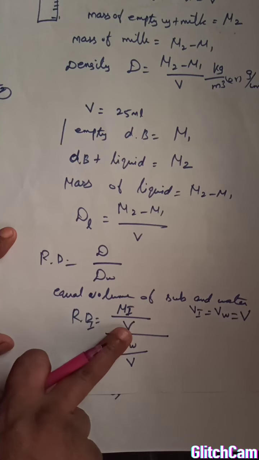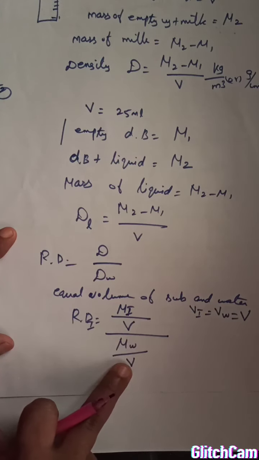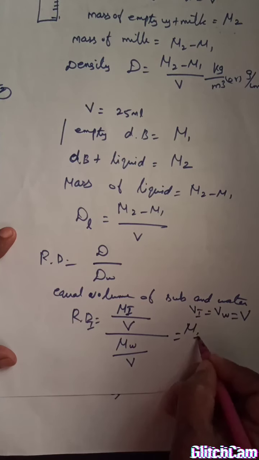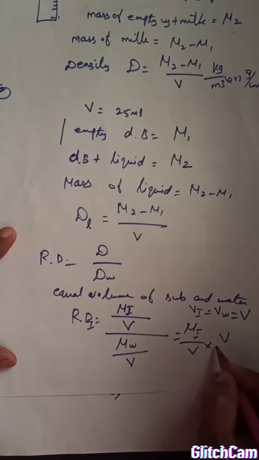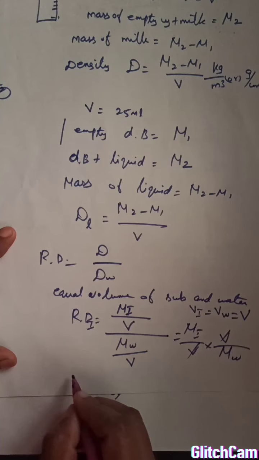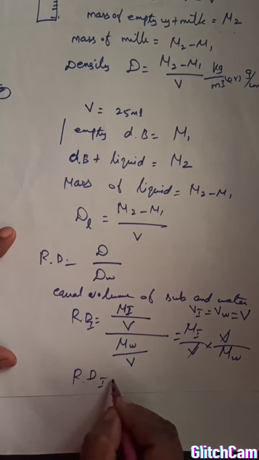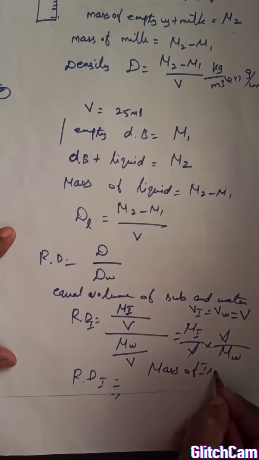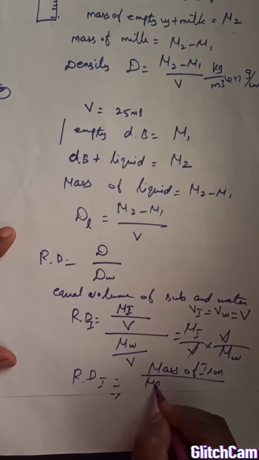Mass of iron upon volume V, and mass of water upon volume V. Both are equal, so mass of iron upon V into V by mass of water. They cancel each other. So the relative density of iron is equal to mass of iron upon mass of